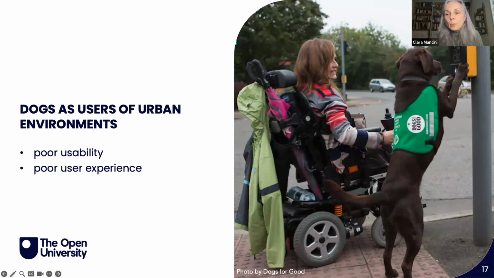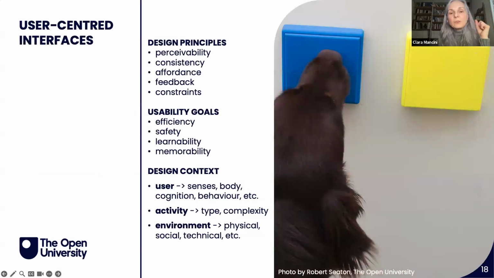We wanted to develop a portable kit of controls that could be retrofitted in the dog's living and working environment to make it easier for them to operate within it. We applied established design principles and usability goals according to the dog's specific circumstances, including dogs' sensory abilities, for example, their dichromatic vision, their cognitive abilities, for example, the way they categorize objects, their physical abilities, such as their snout's dexterity versus their limbs' strength, as well as the activities that they will need to conduct, for example, opening doors, switching lights,